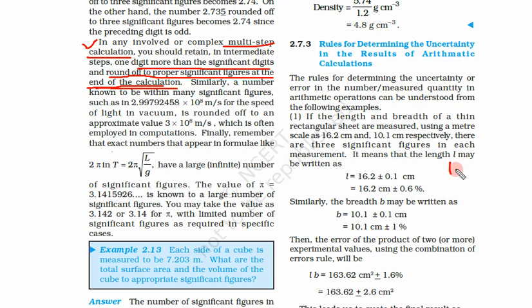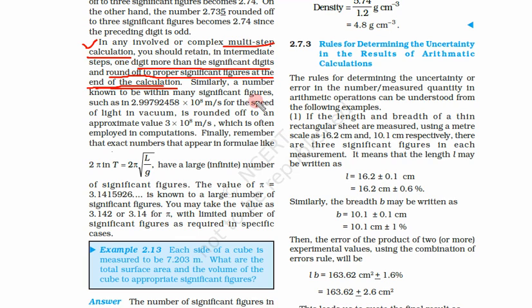So what we have learned: suppose we have the number 1.234 where this 4 is insignificant and we are dividing it with another number, suppose 2.735, where this is also insignificant. So we don't round it off like this, 1.23 divided by 2.74. We don't do this. We do this only after the calculation. We first do the calculation, whatever number we get, and only after the calculation we round our result up to 3 significant figures. Rounding off is always done at the end of the calculation.